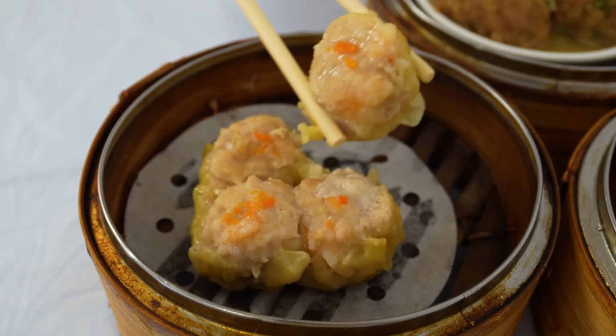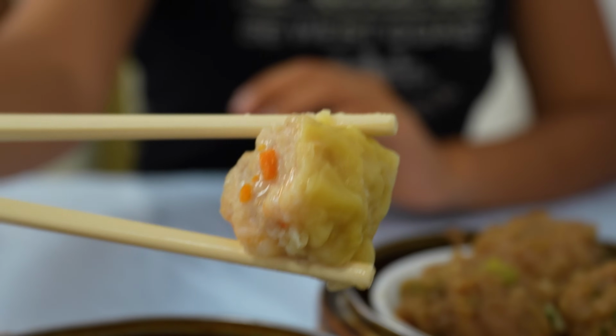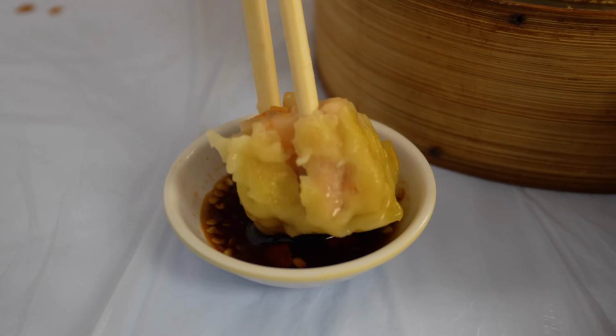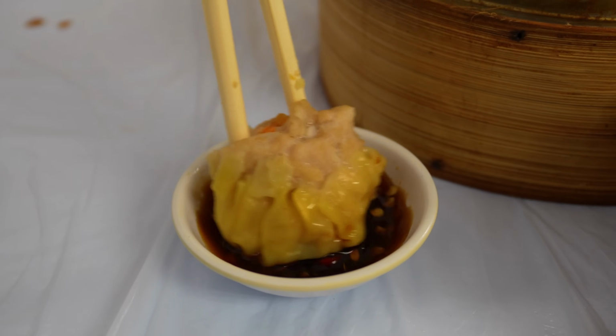My God, that is a really, really good shumai. I don't think I've ever had a chicken shumai before, but it tastes amazing. Their chili soy sauce is really salty, but it's got a nice kick of spice as well. All halal, but that doesn't mean they compromise on any flavor or authenticity. This tastes really legit. Any other Hong Kong non-halal dim sum place would have a run for their money competing